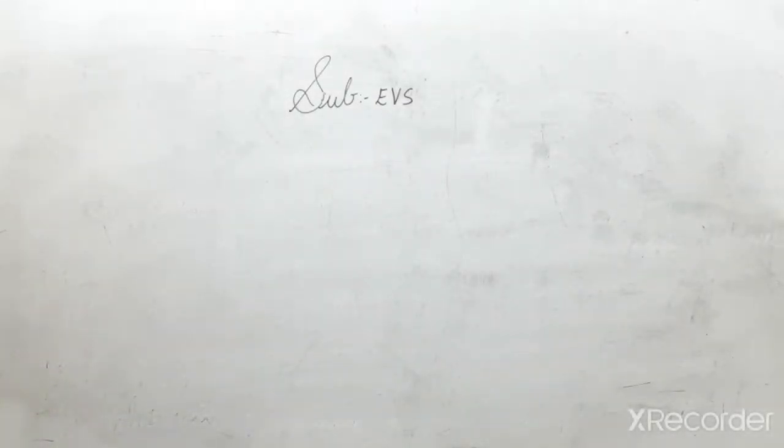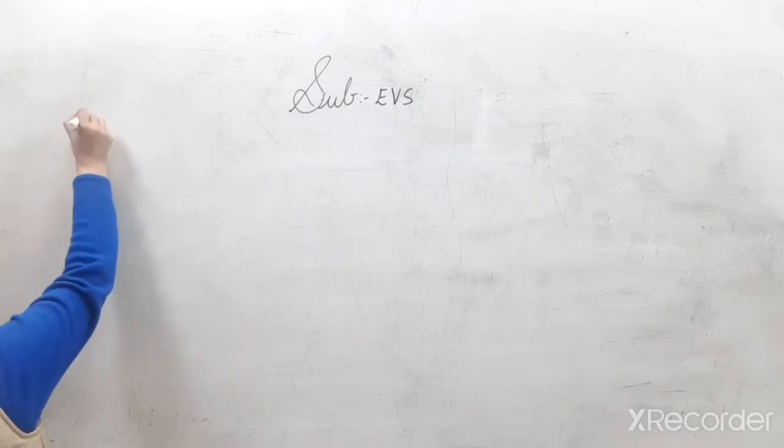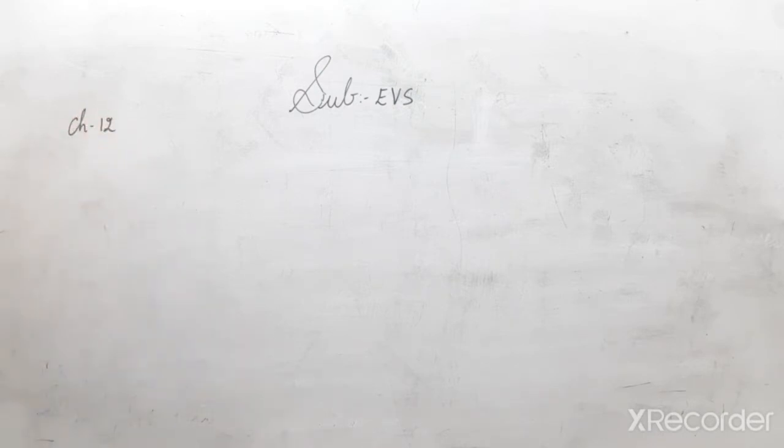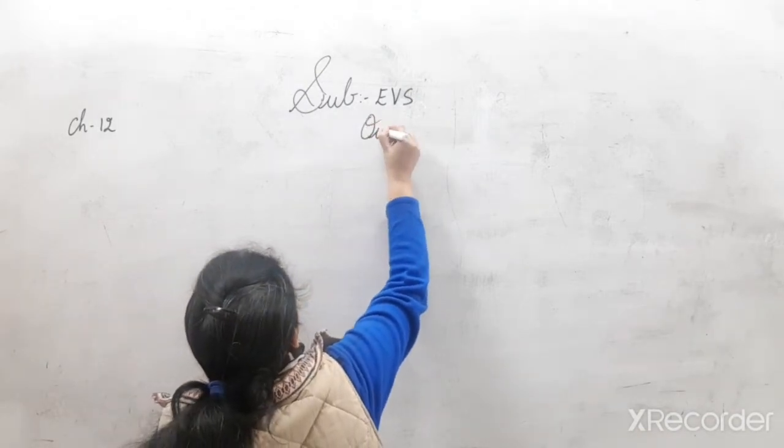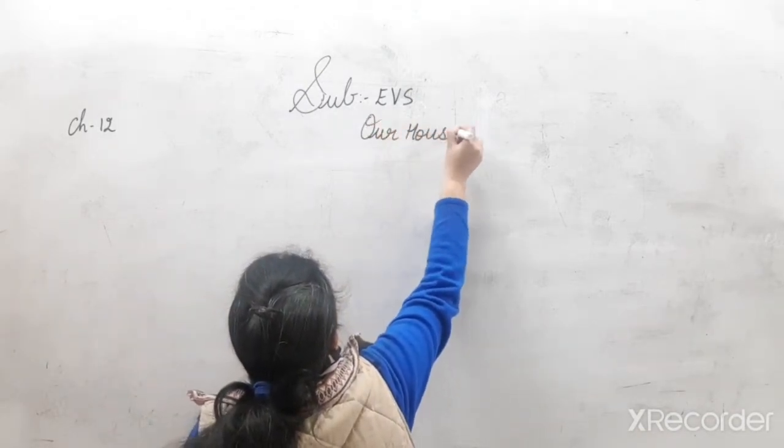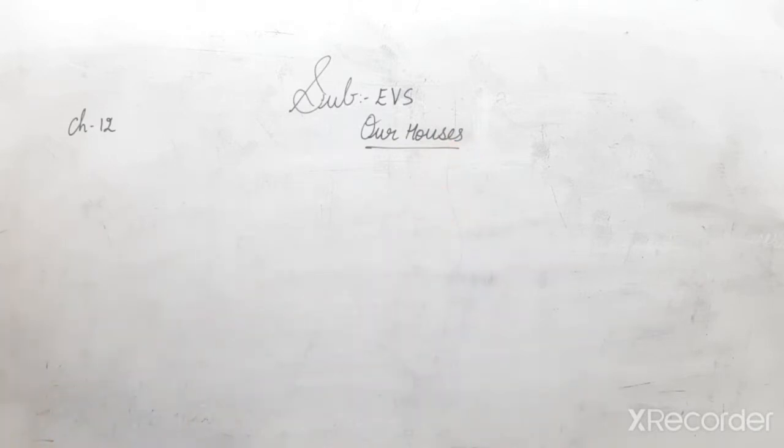So today we are going to do the book exercise of lesson number 12, and the name of the lesson is Our Houses. Right? In last video we have done A, B and C part, and I hope you all have completed your work in your EVS notebook. So today we start with D part, that is